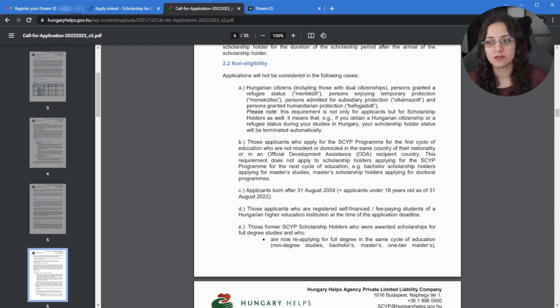And now the non-eligible candidates are, of course, first the Hungarian citizens, and second, if you want to apply for PhD and you didn't finish your master's in Hungary, then you're not eligible. Applicants born before 31st August 2004, applicants under 18 years old as of 31st of August 2022, and also those applicants who are registered self-financed,